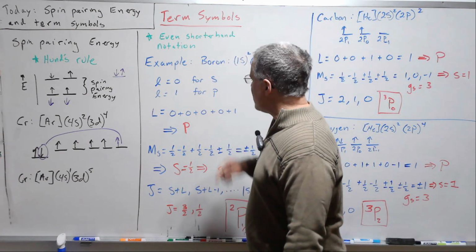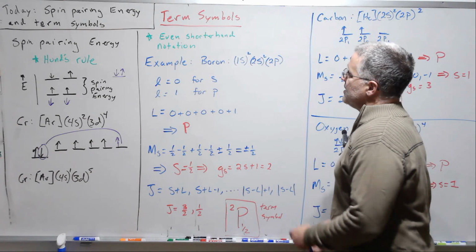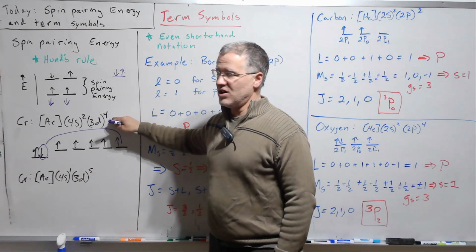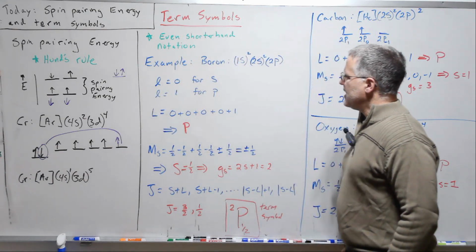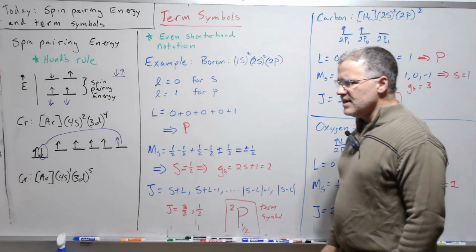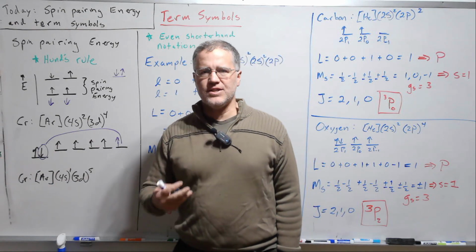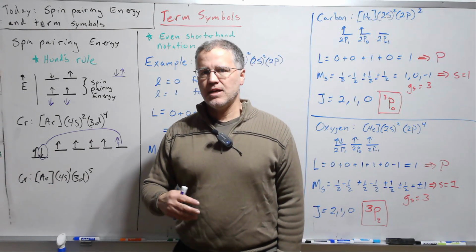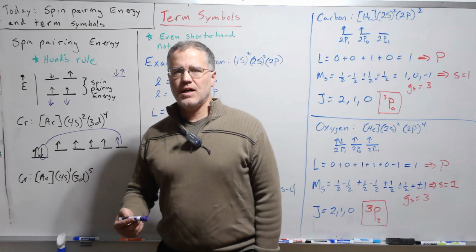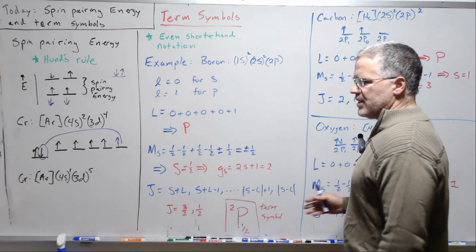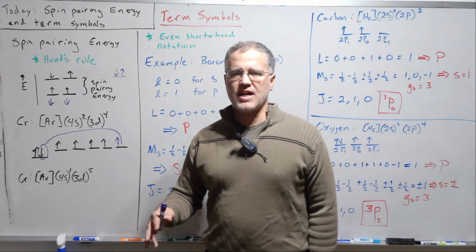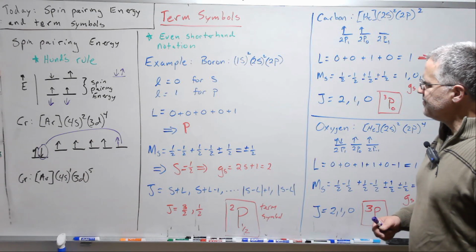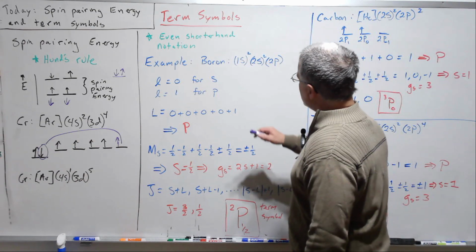Okay, well, let's turn our attention here now to term symbols. Term symbols are even shorter hand notation than this, right? This is short. These are really, really short hand notation. And I think the best way to learn this is just through examples. So I'm going to work through some examples here, and hopefully with the 3 examples on the board, and then I'm going to do 2 more over on the doc cam, you'll get the idea and you can practice for yourself. Okay, so let's start with boron,